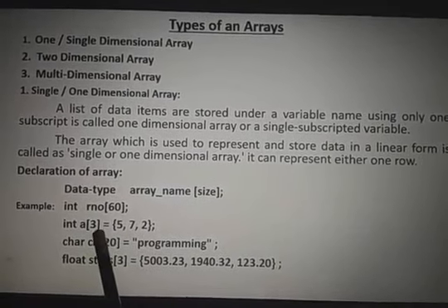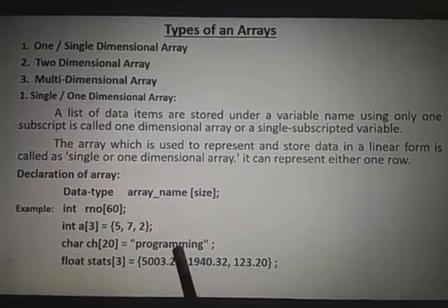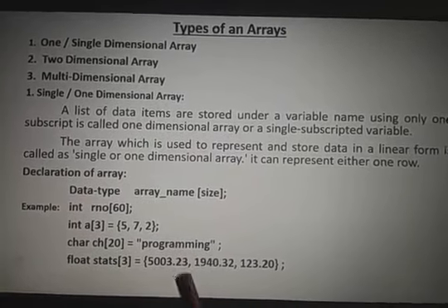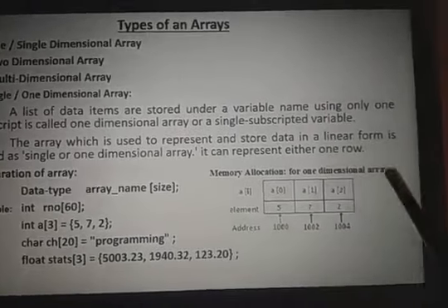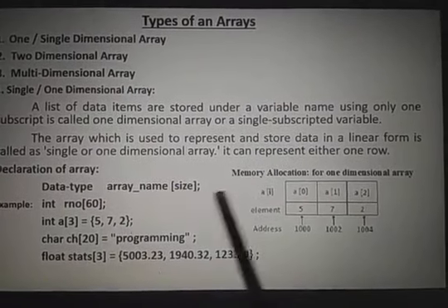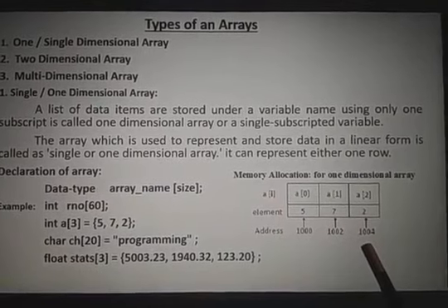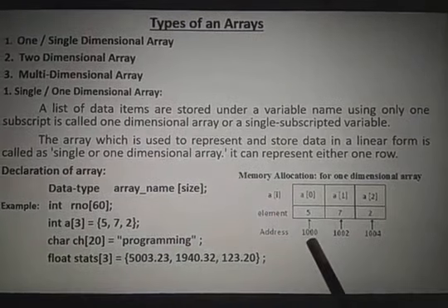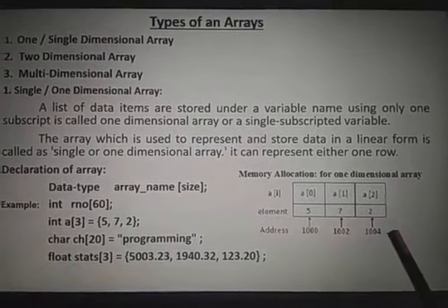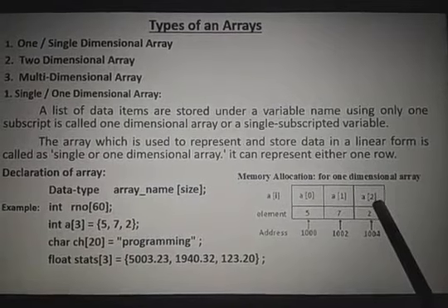Declaration along with initialization. Character name of 20, you can also write your name. This is the allocation of memory. Each element takes 2 bytes, with addresses like 1002, 1004 and so on. Total 6 bytes for A of 0, A of 1, A of 2. Right? Now,